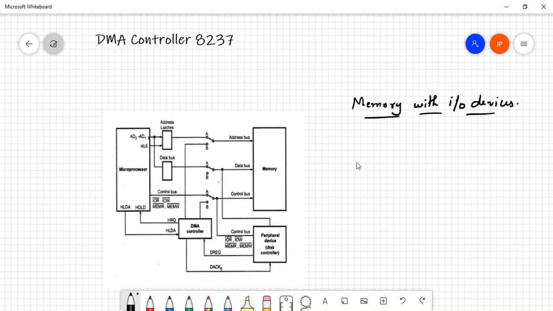That is a very lengthy and time taking process, where the processor will have to stop its current execution of programs. For example, let's say you want to print some data, or you want to copy some data from your memory to your USB pen drive.